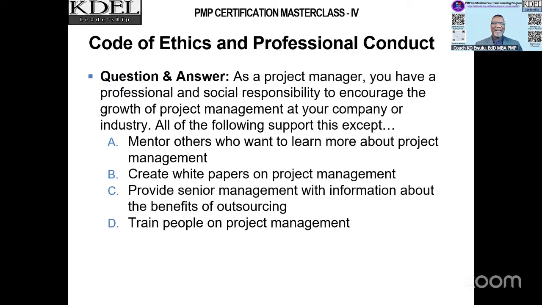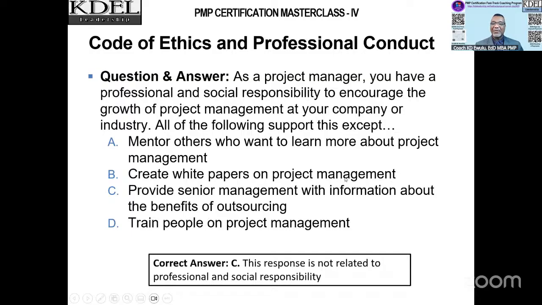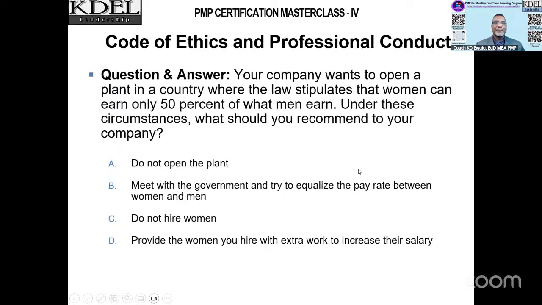Of course, the answer there is C. The benefits of outsourcing is not related to professional and social responsibility, because they're asking you which one of these is not supportive of professional and social responsibility. Second question,